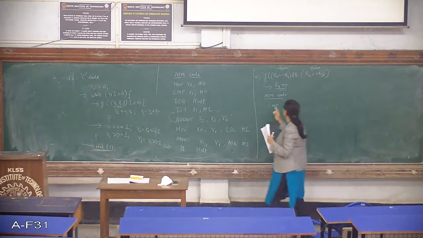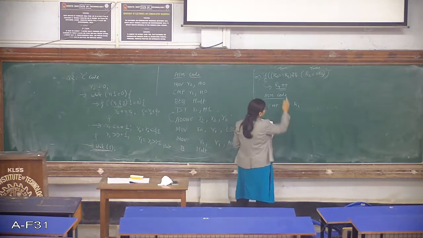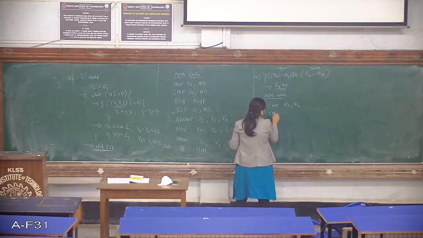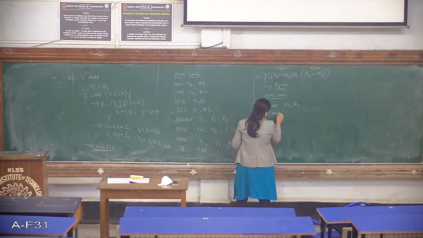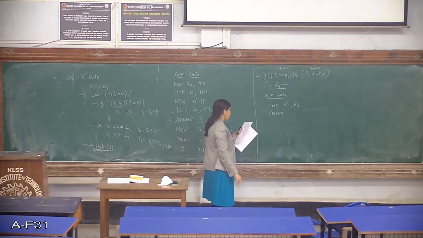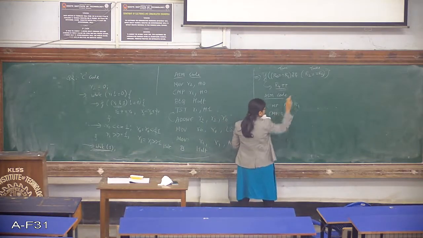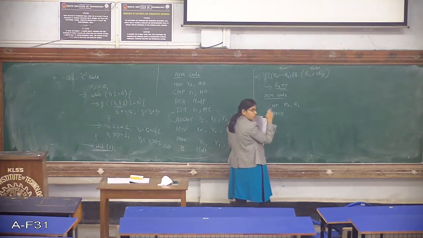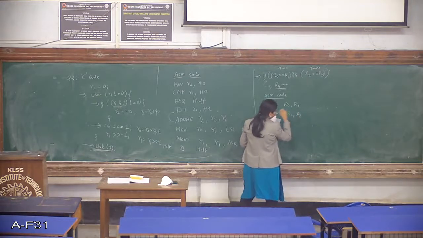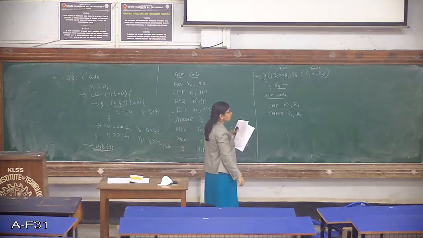So first is compare R0 comma R1. From this comparison, I should come to know whether this condition was true or not. So what I'll do, I'll write compare EQ. Okay, compare EQ. What I'll be doing is comparing the second condition only if the previous condition was equal. So I'll be writing this as compare EQ R2 comma R3. Okay.